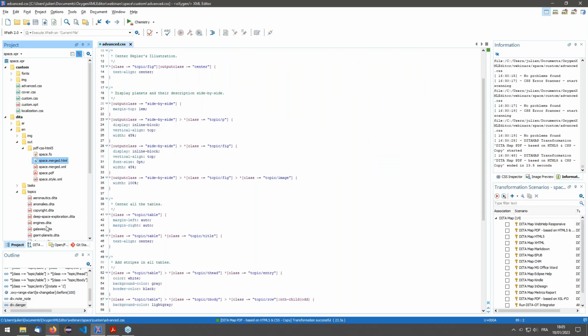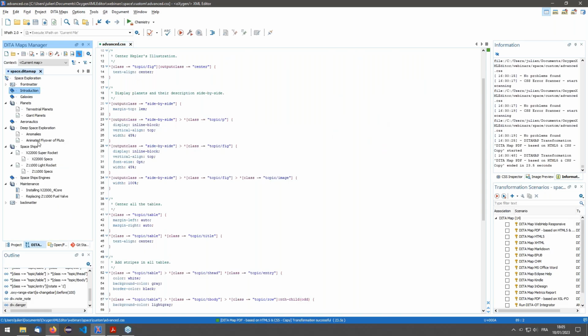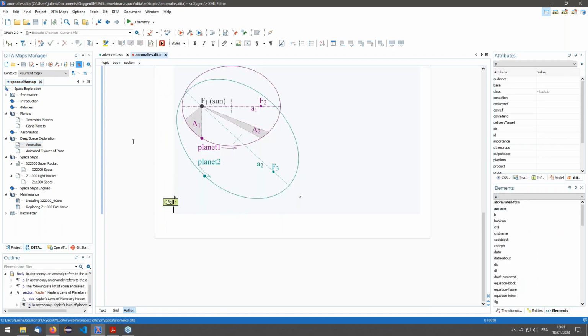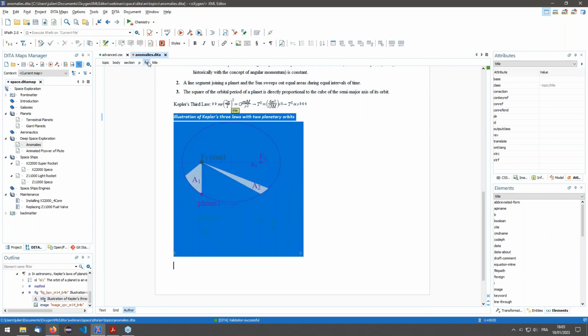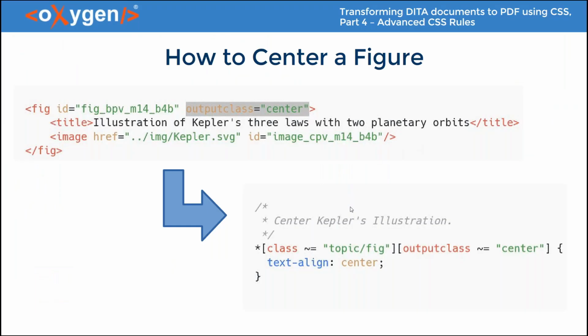So if I take this example in Oxygen, we can open a topic in author mode, select the figure element, and you can easily see here the output class I chose for my example. Then the only thing I need to add is to create a custom CSS rule using this output class, and I will use a really simple rule for this example, which consists in just aligning the text,